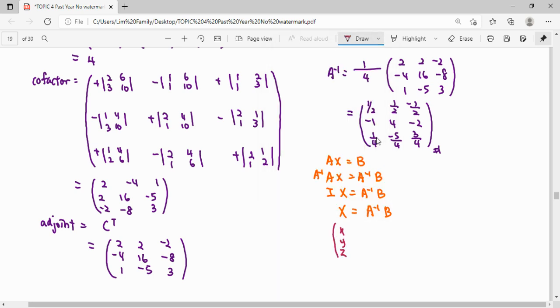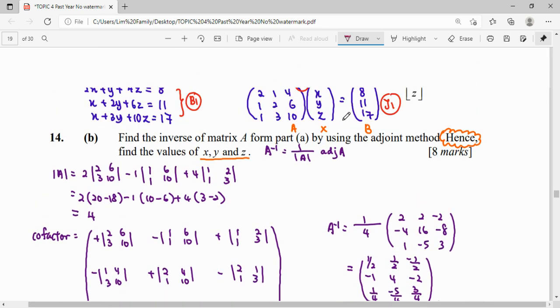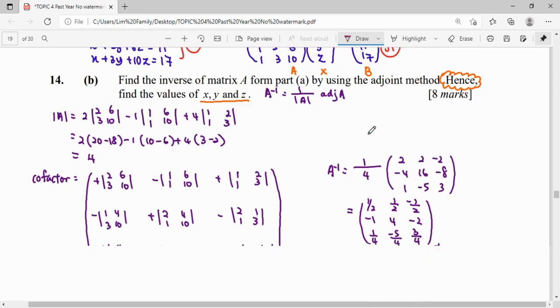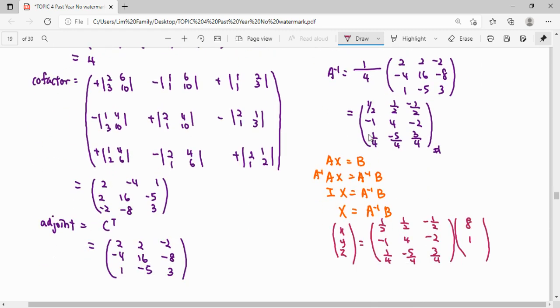So from here we can plug in our matrix of unknowns, which will be x, y, z. Plug in our A inverse as we found before: 1 over 2, 1 over 2, negative 1 over 2, negative 1, 4, negative 2, 1 over 4, negative 5 over 4, 3 over 4, times our matrix B. You can refer back to our matrix B here, which is 8, 11, 17. So from here we find it is 1, 2, 1, which means that x is 1, y is 2,